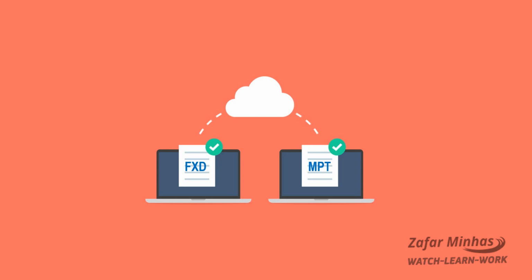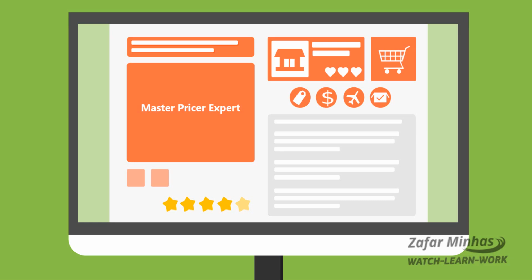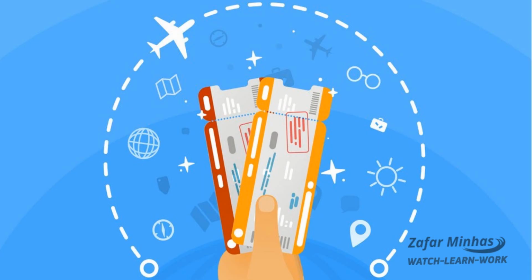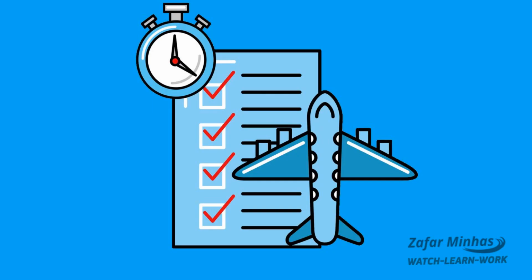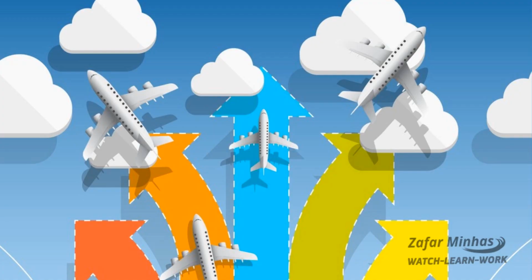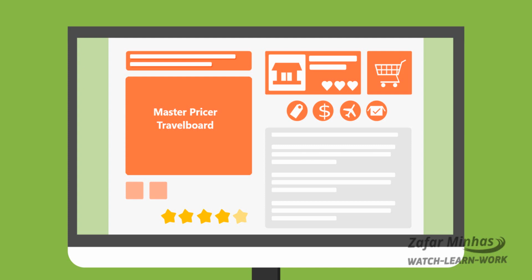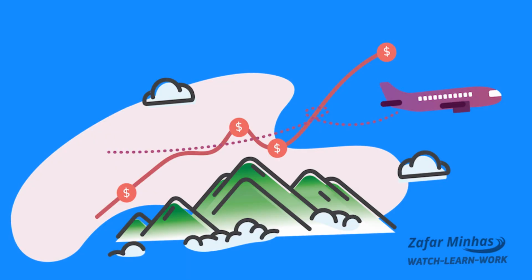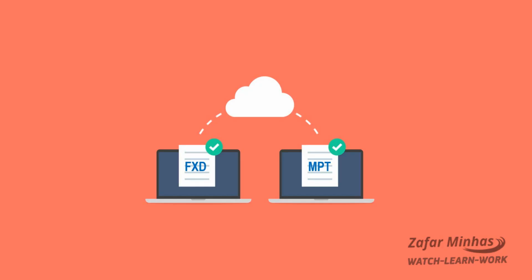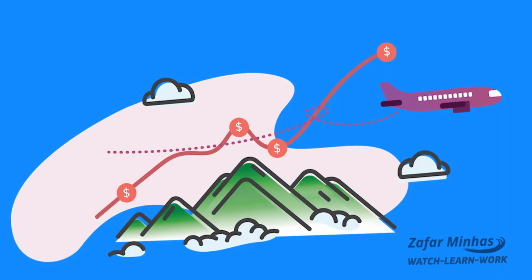The difference between Master Pricer Expert and Master Pricer TravelBoard is that Master Pricer Expert has been optimized to find the cheapest but at the same time most convenient recommendation based on flight duration, number of connections, and more. Whereas Master Pricer TravelBoard is designed to match the cheapest price. Hence, the combination of Master Pricer Expert FXD and Master Pricer TravelBoard MPT will offer the best lowest fare thanks to